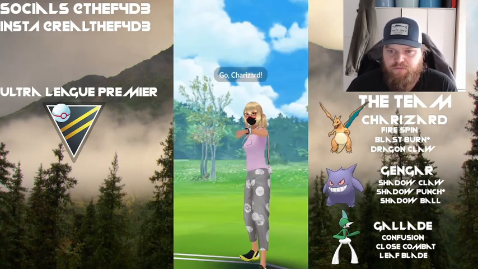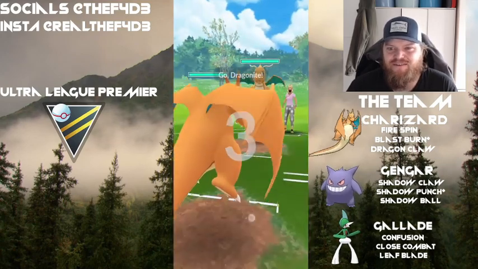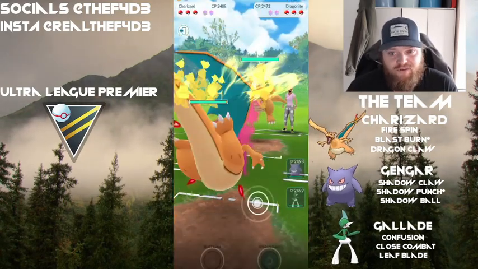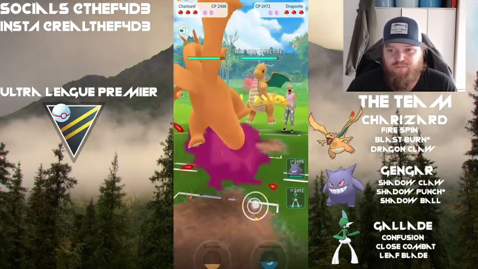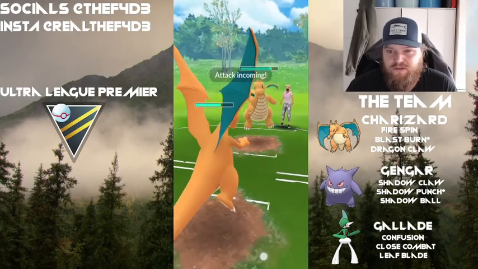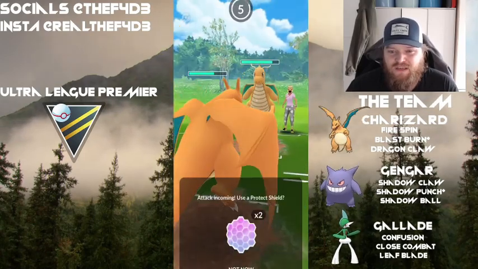We got Charizard coming in on the lead again against another Dragonite. So when the game knows that you've got a weakness, it likes to put it in your face. So we've got to try and hard counter our biggest weakness here. Dragonite and Magnezone are the two biggest weaknesses for this team. And we just need to keep...